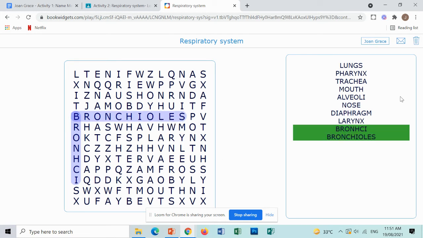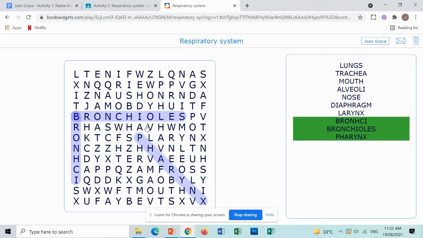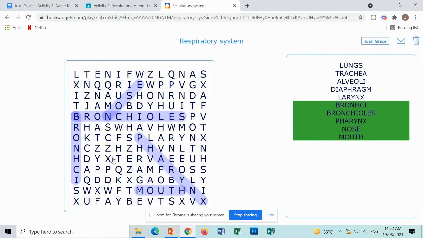Next, you have, let us see, larynx. Where is the larynx? Let us see. Or you can have the pharynx. And then you can have here nose, the mouth, and then the larynx, alveoli,